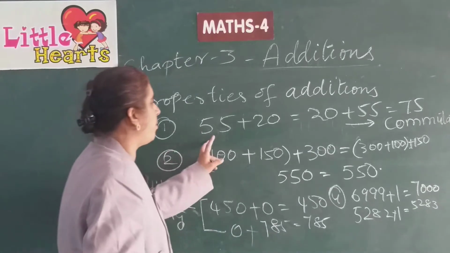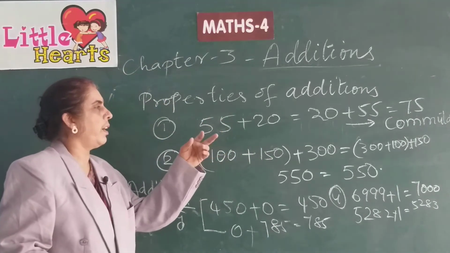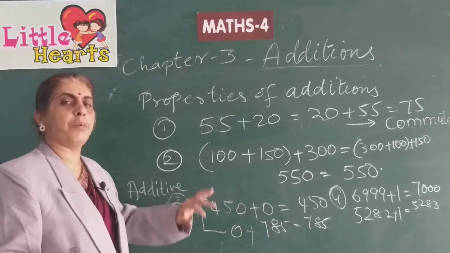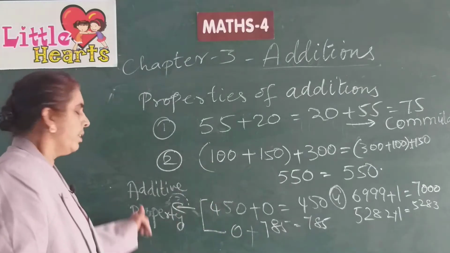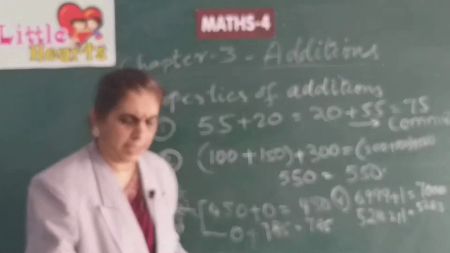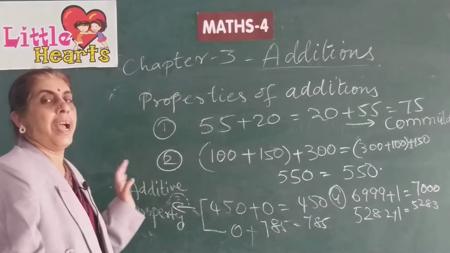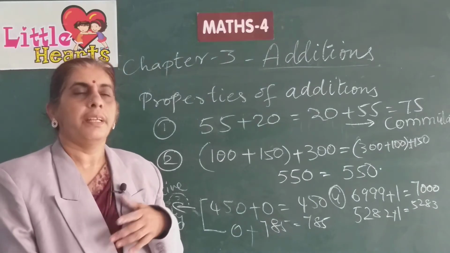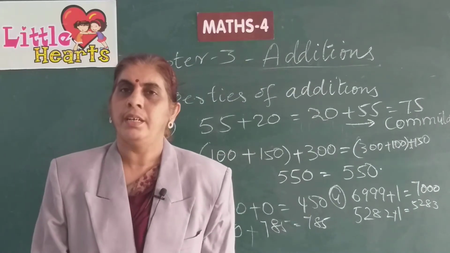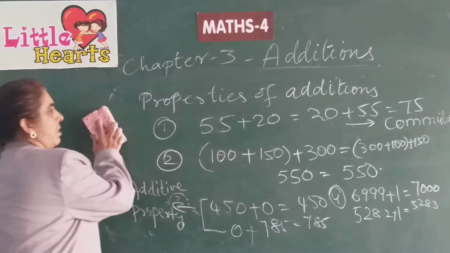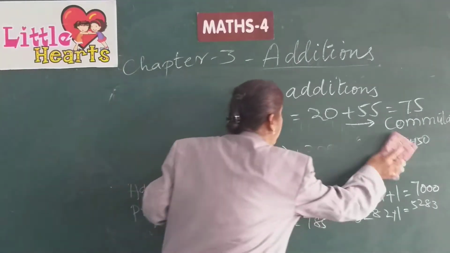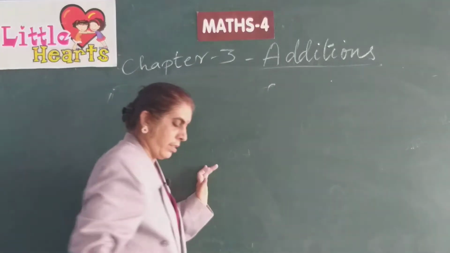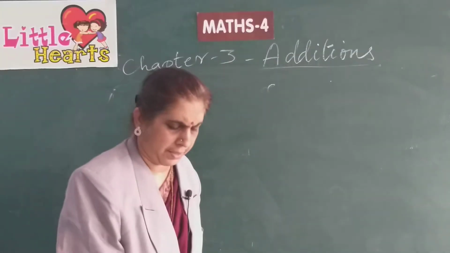The commutative property is when two numbers are added in any order, the answer will be the same. And 0 plus any number, or any number plus 0, gives the same number; that is the additive property. Just as in class 3 you learnt adding 4-digit numbers, the same process is followed for 5 and 6-digit numbers. Addition with carrying and without carrying. Addition is nothing but counting forward.